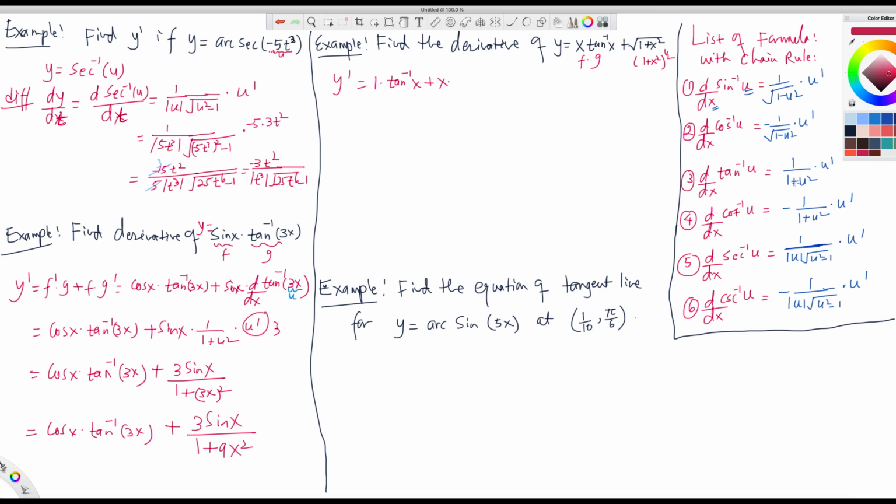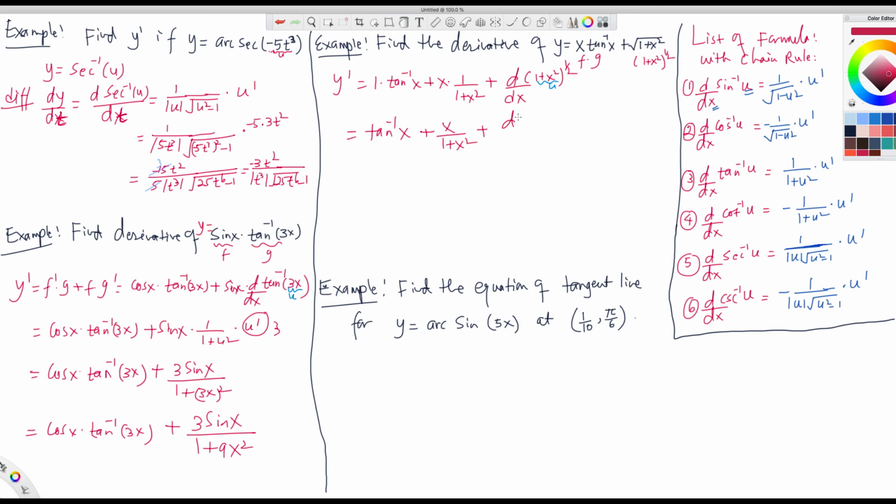Is 1 over 1 plus x squared. Since the derivative of tangent inverse x with respect to x is 1 over 1 plus x squared, plus I want to write using d over dx, 1 plus x squared to the 1/2. Let me think of this as u. It is u to the 1/2, right? So d of u to the 1/2 over dx. Let me write that again. So this can be written as tangent inverse x plus x over 1 plus x squared plus